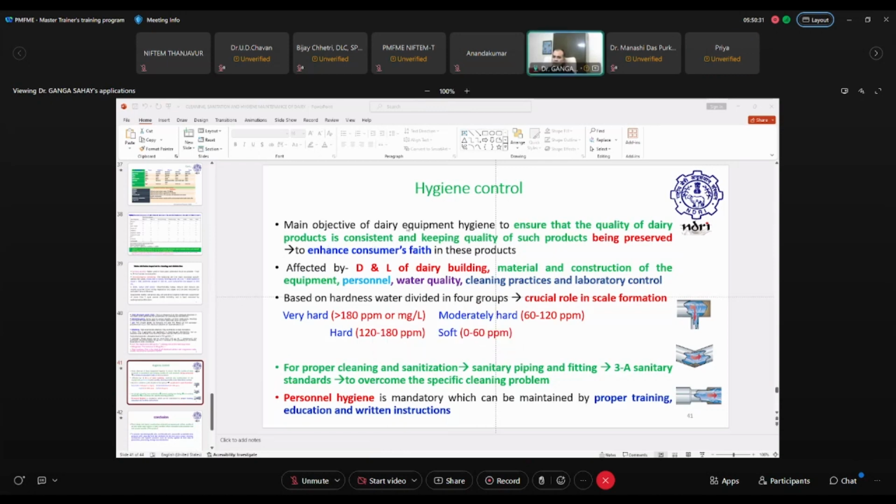So the main objective of dairy sanitation is to maintain the health of the consumer, the faith of the consumer. That is achieved through consistent maintenance of quality, and it is affected by the design and layout of the dairy building, material and construction of the equipment, personnel, water quality, cleaning practices, and laboratory control. So based on hardness, water